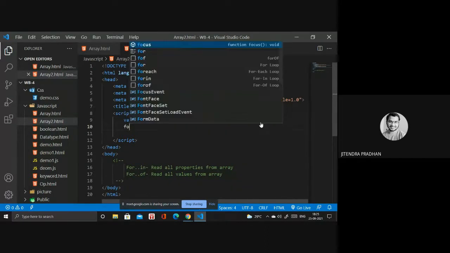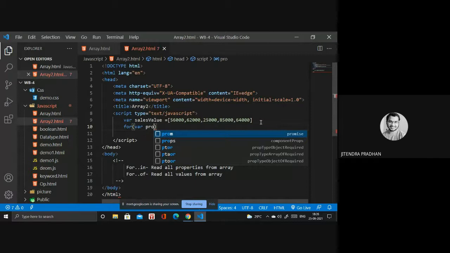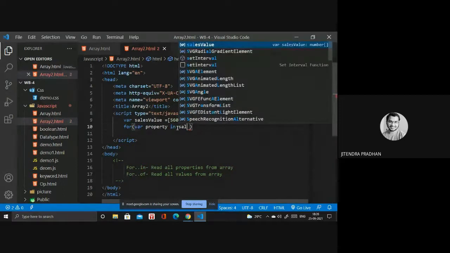So you need to write for. Okay. Inside we are using a variable. The variable is like I want the property, so that's why I need a property. Which one you want to access in the array? We are creating a variable named sales value, and inside I assigned the values, it's an array. So I want to access that one, so I need to write sales value.